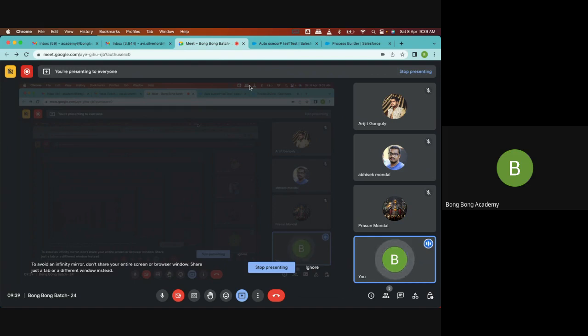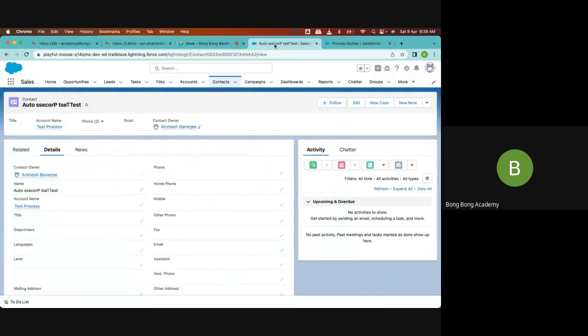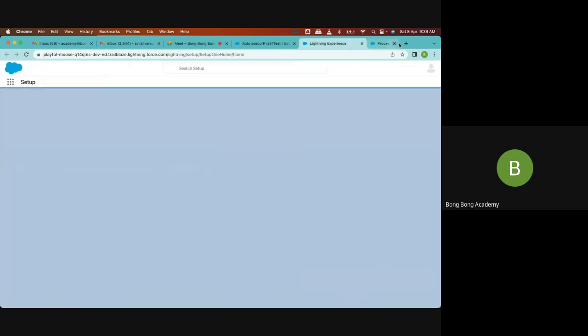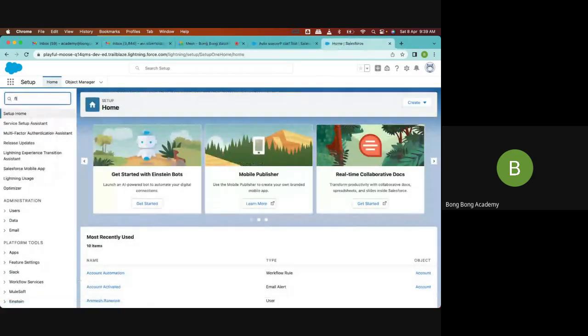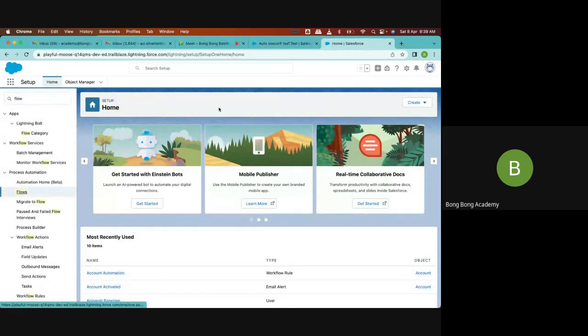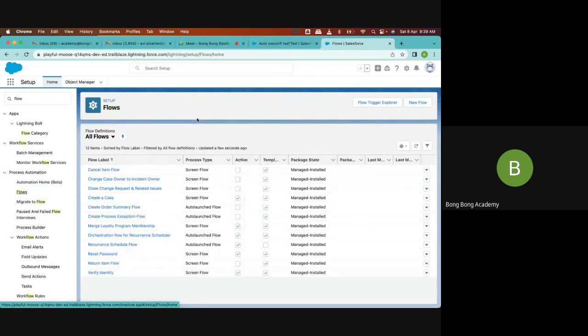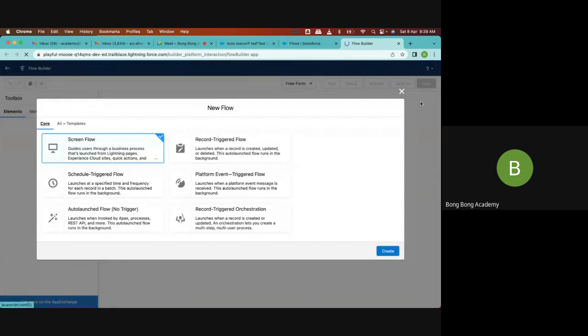So how do I migrate the whole logic now to a new flow? Let's see. Let's do it one by one. I will go back to here, and here I can type: flows are of 5 types. 6 types now. Okay. Primarily, what is the difference between a flow and process builder, workflows? So